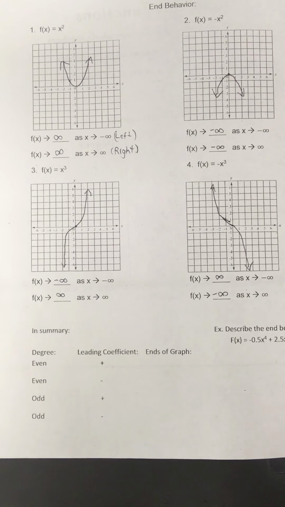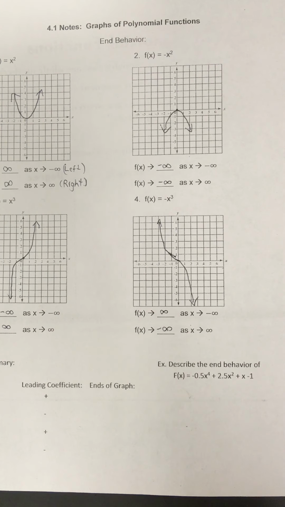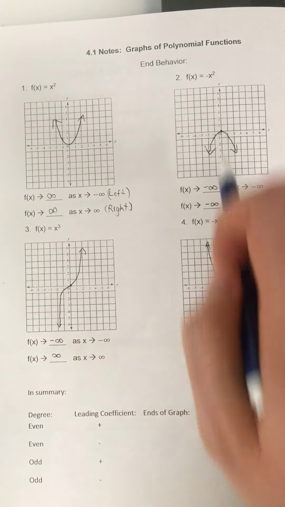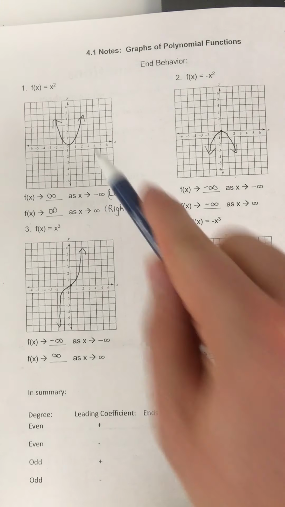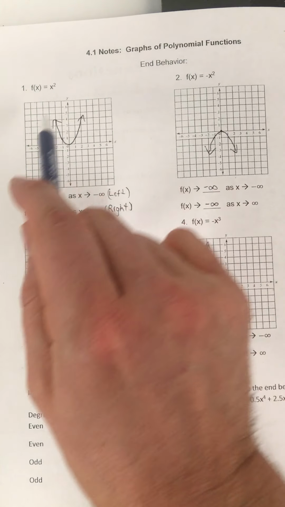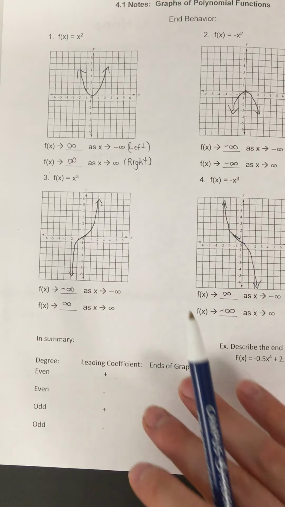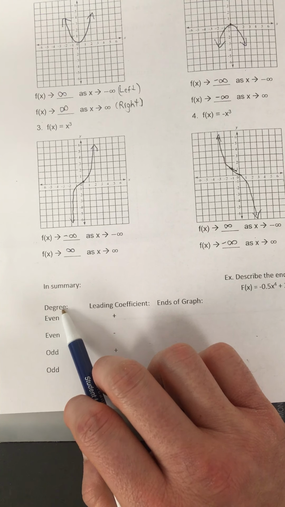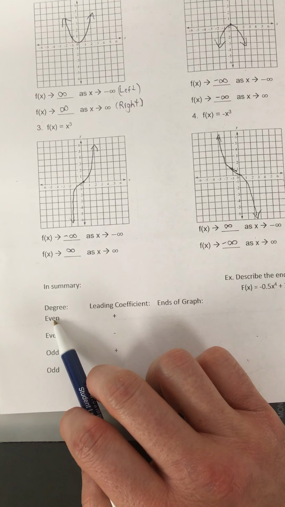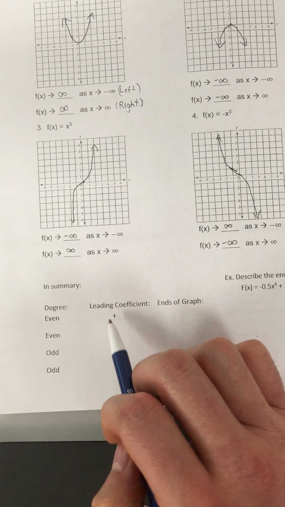Now, to summarize this, in order to identify the end behavior for a specific problem, like an example of this one, I don't have to necessarily graph that on my calculator. If you can remember these 4 graphs, you can answer end behavior for any polynomial, because it follows these rules not just for x squared, it follows the same end behavior rules for any even exponent and any odd exponent. So basically, if your degree, now remember, what's degree mean? The biggest exponent. If your degree is even, 2, 4, 6, 8, any kind of even number, and the leading coefficient, remember that's the front number in the problem, if it's a positive,